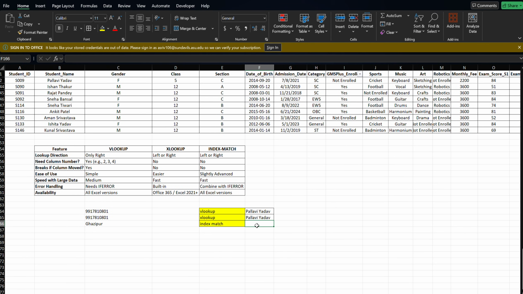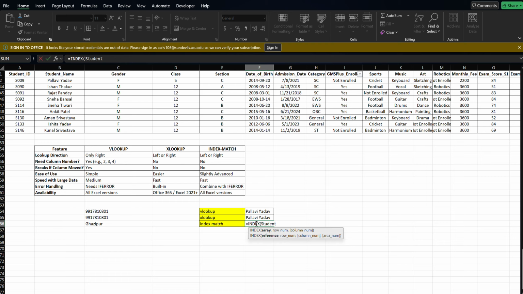So how will we do it? We'll use index, and then we'll give the sheet name, which is students, and then we'll type an exclamation mark, S:S, which is the contact number column, and then we will write